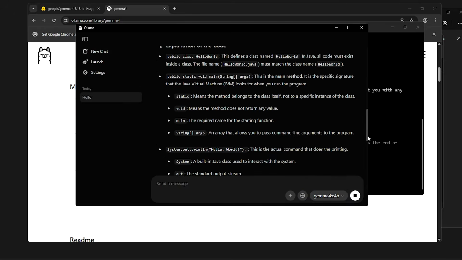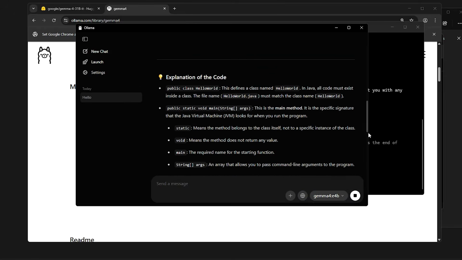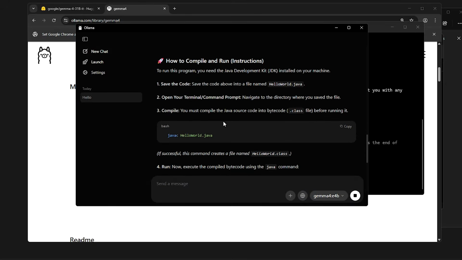So we have learned how to download the model in Ollama and run it in the console as well as in the Ollama